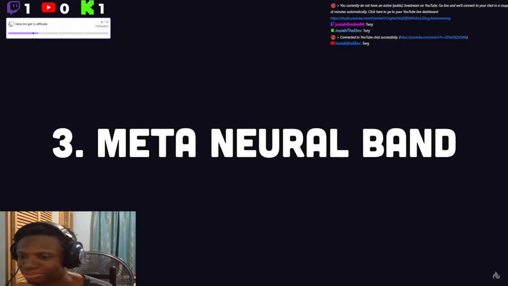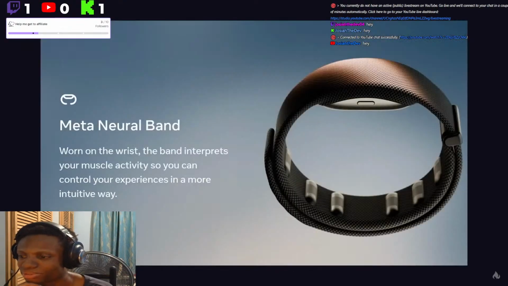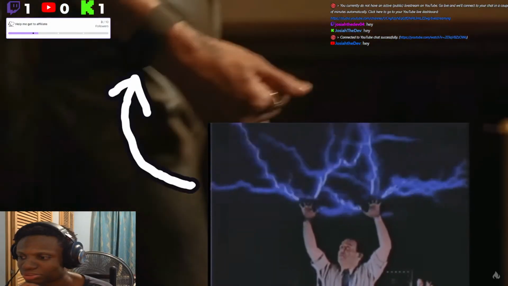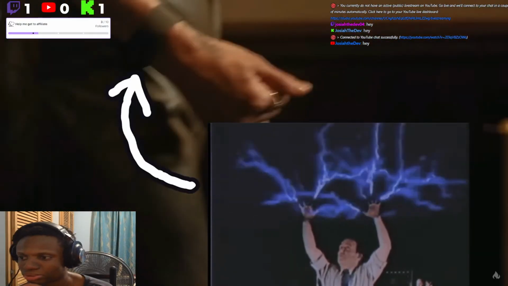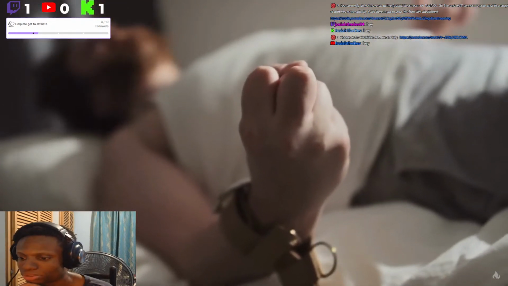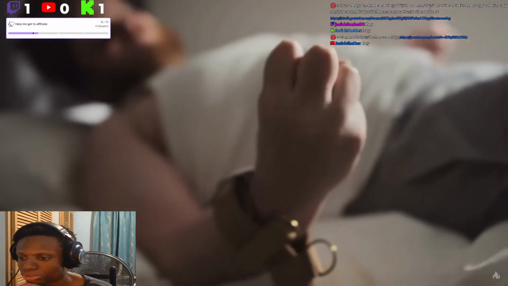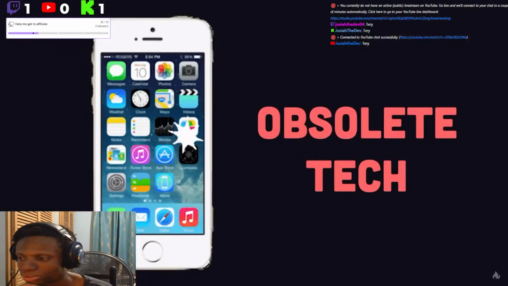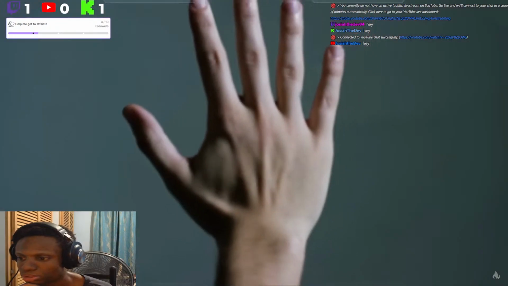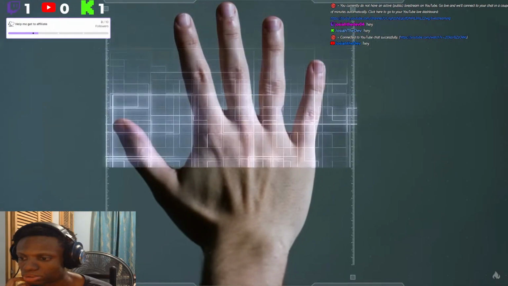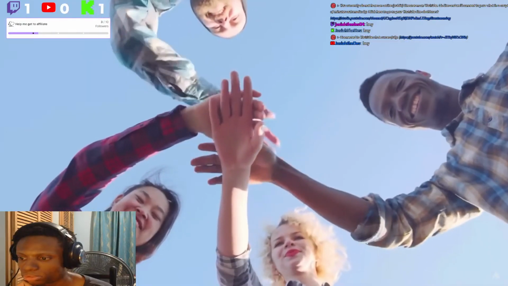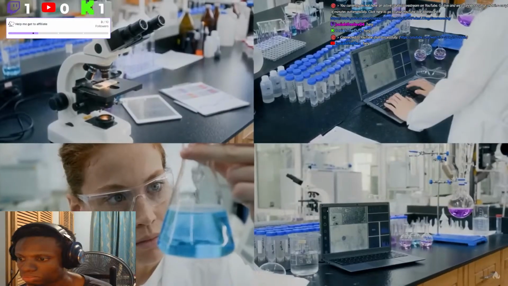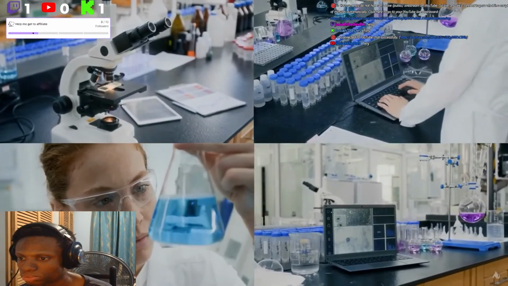The third and most impressive innovation, though, is the Meta Neural Band, a wristband that comes with every pair of display glasses. It uses electromyography technology to sense tiny electrical signals in your wrist that correspond to the way you move your hands. This thing can actually detect how your hands are going to move before the movement even happens. It completely replaces old-fashioned touchscreens on antique devices like the iPhone, because everything can now be controlled with subtle finger movements. What's most impressive is that it works universally on all humans without calibration, the only exception being humans with no arms. That amazing feat was achieved by testing it on over 200,000 participants.